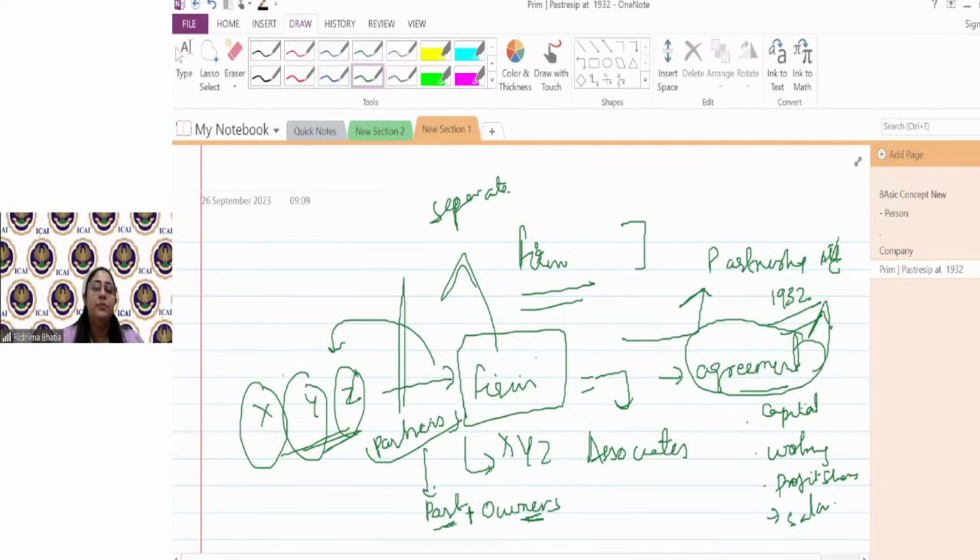for the income tax purpose, they are separate tax individual, and firm is a separate tax individual, separate tax person. So firm would pay tax on its income, X, Y, and Z respectively would pay tax on their income. Firm का profit इनमें divide होगा, right? But firm ने अगर tax दे दिया उस profit पे, X, Y, Z would not give that tax again. वो उनका इनकम तो है, बट दे विल नॉट पे टैक्स ऑन इट. ओके.